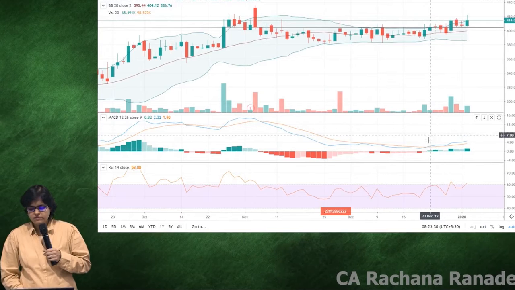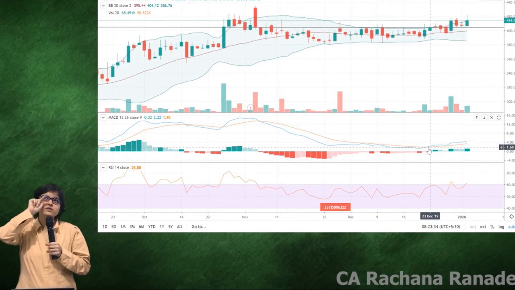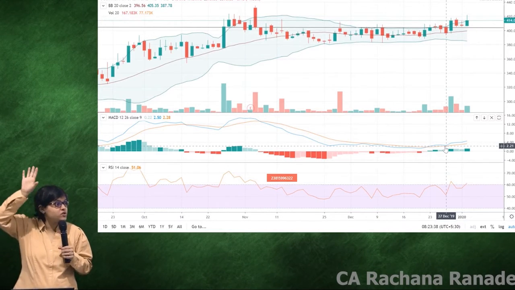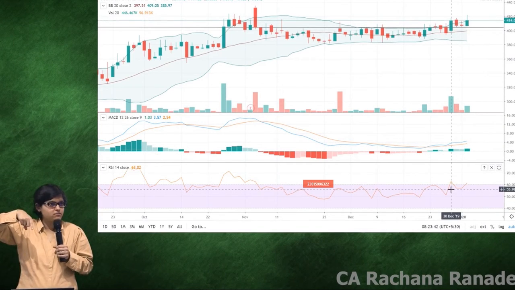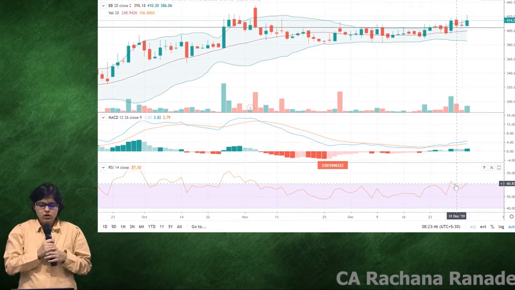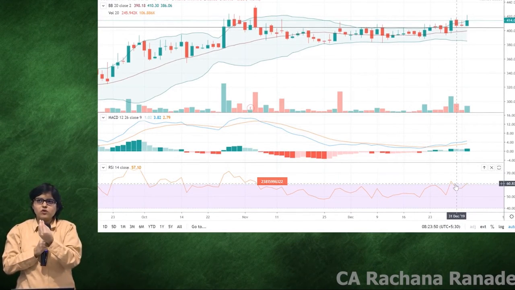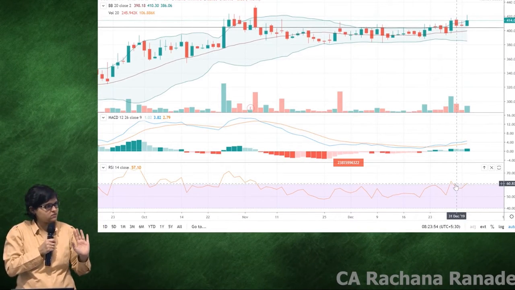RSI also flips many times. RSI is a little bit naughty. It goes above 60, flips. So if you remember, we said above 60 is very good, but it also has seen a lot of tendency to flip back. Just by back testing, I'll tell you, if there are 2 or 3 flips, then 4th or 5th will definitely go up majority of the times.